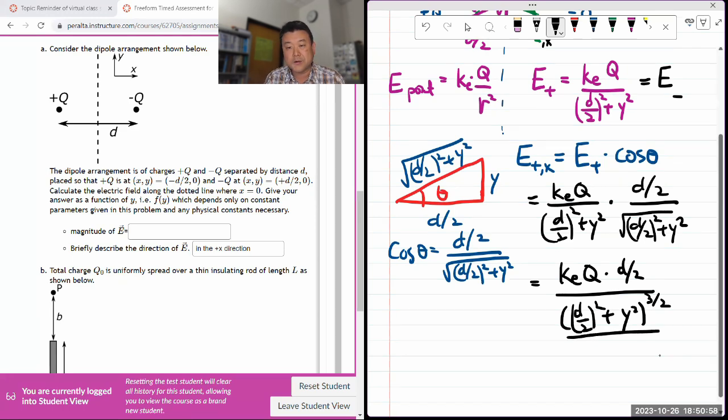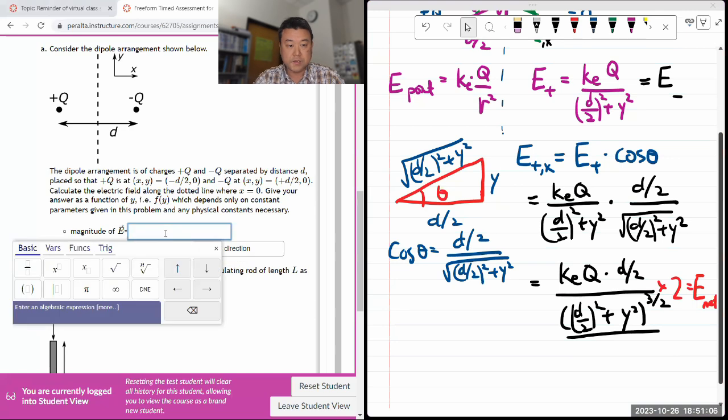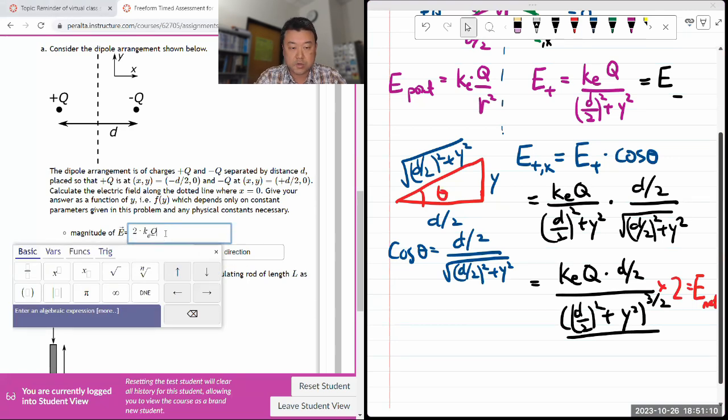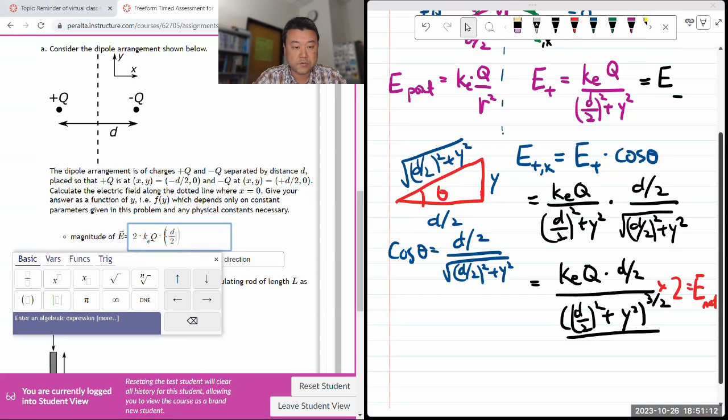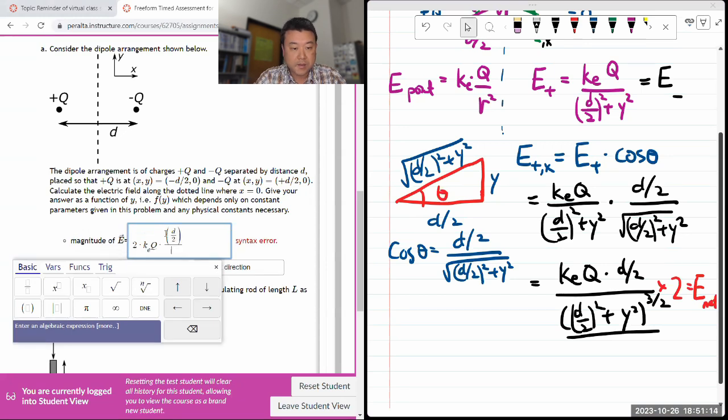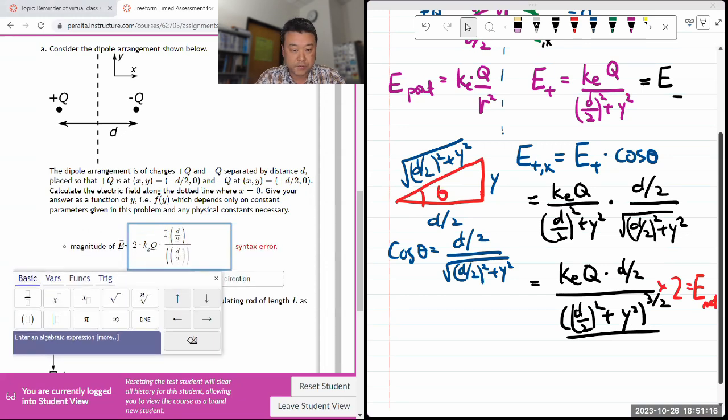Simpler, it's a little bit simpler. So that times 2 will give you E net. So let me write that out. That should be 2 times k e q times d over 2, divided by (d over 2)